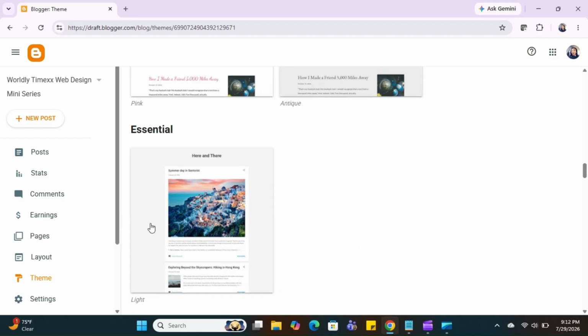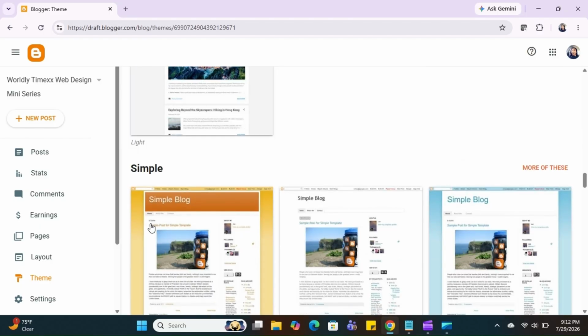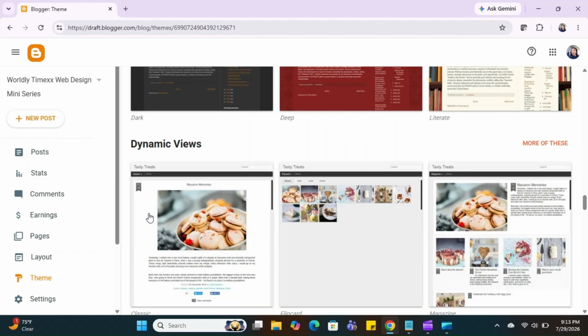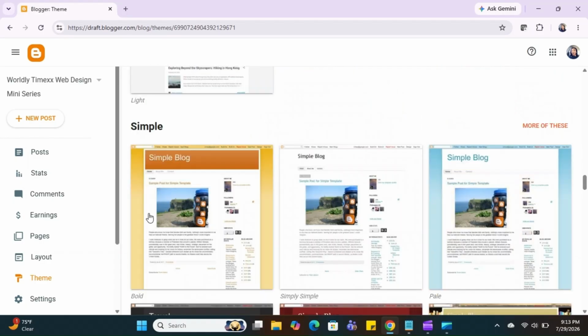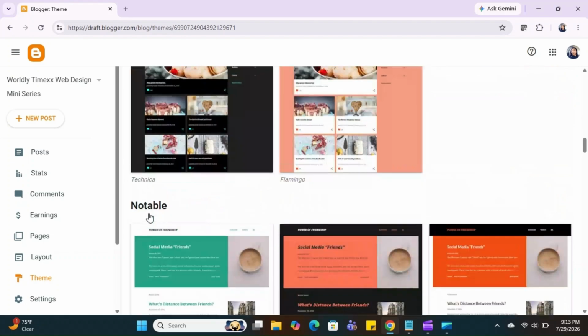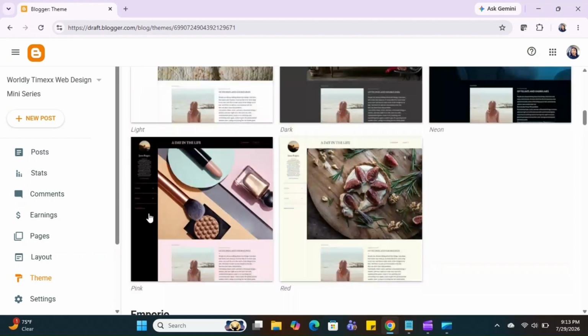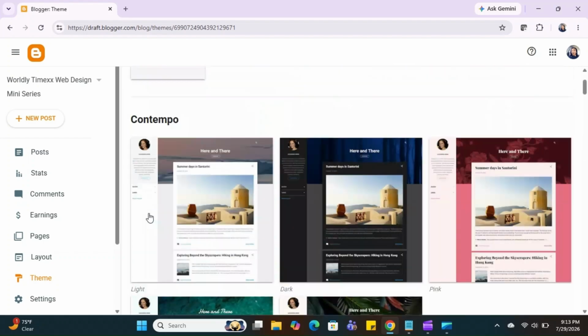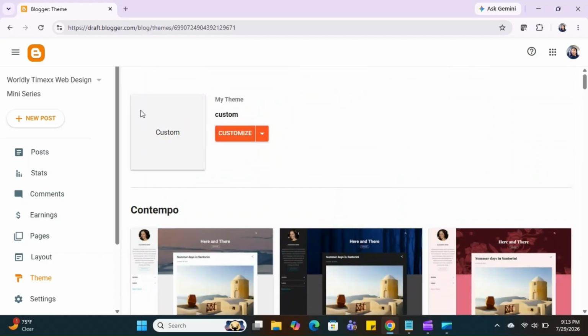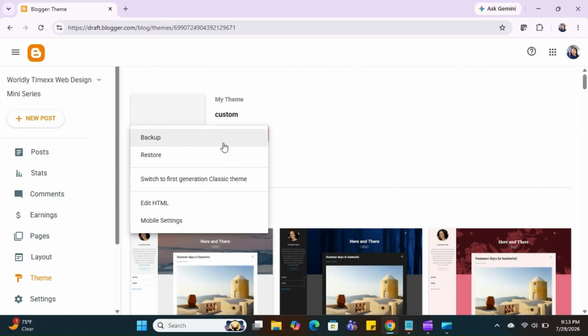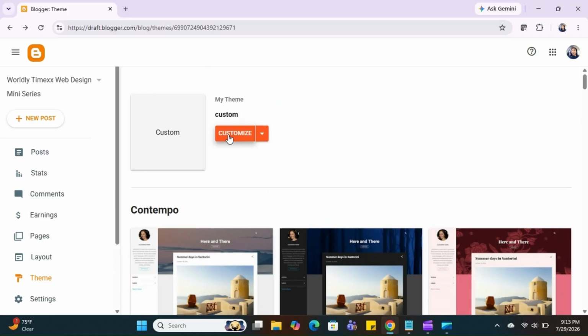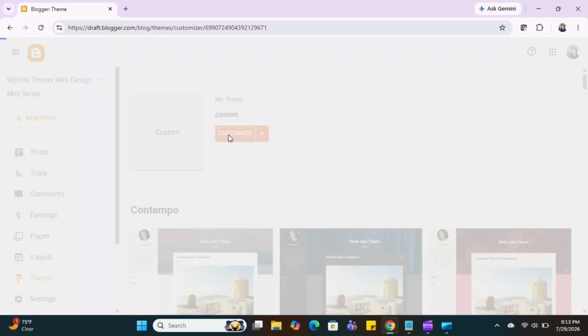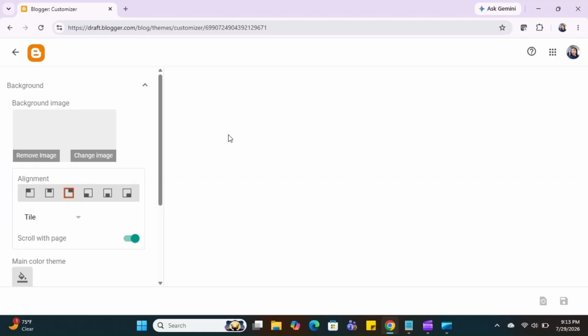I wanted to reflect back on episode 1 and how we went through the provided themes and just scroll through them as we did before, just to refresh your memory a little bit. And then we can move on to the customize button options from when I showed you how to restore and back up those same themes, which is really important, just in case you do like what you created. Now we can go ahead and move forward and actually press the customize button, where we went over